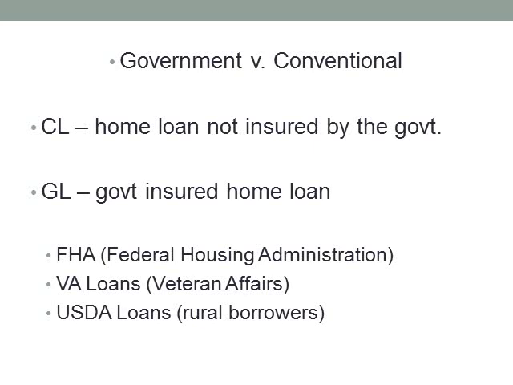That's where you go into a bank, you want to get a loan for $100,000 for a house, you fill out the paperwork, you meet whatever requirements they need, and that's a typical conventional loan. The key is that the home loan is not insured by the government, meaning if you were to default on the loan, the government isn't going to come in and pay off the bank. I'm going to talk about insuring home loans in a little while, but let's distinguish between the government loans and the conventional loans. So the key distinction is the government insured,